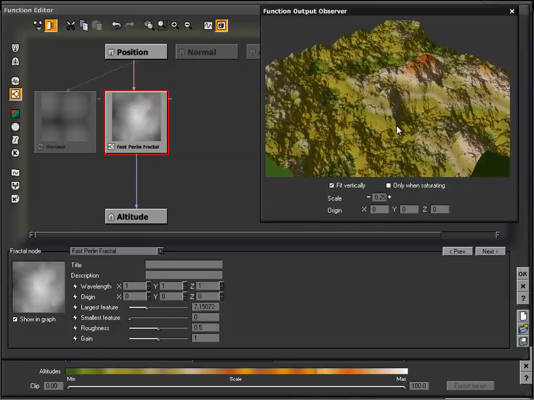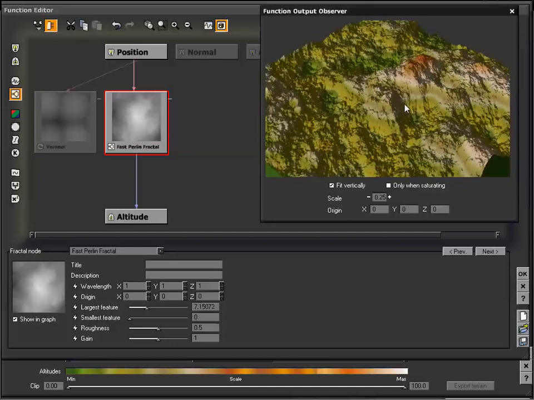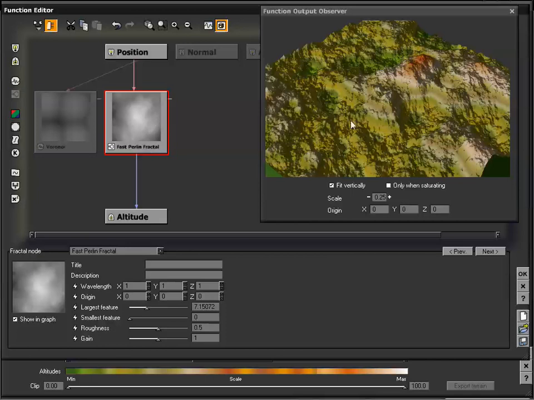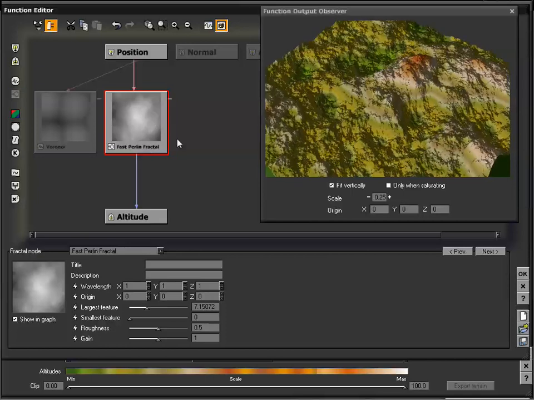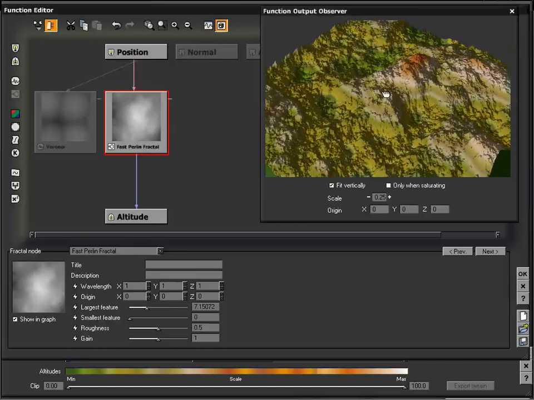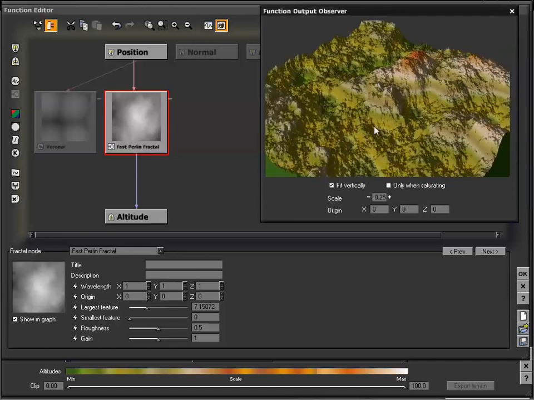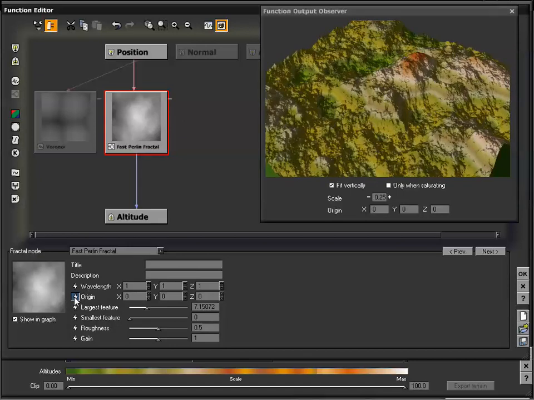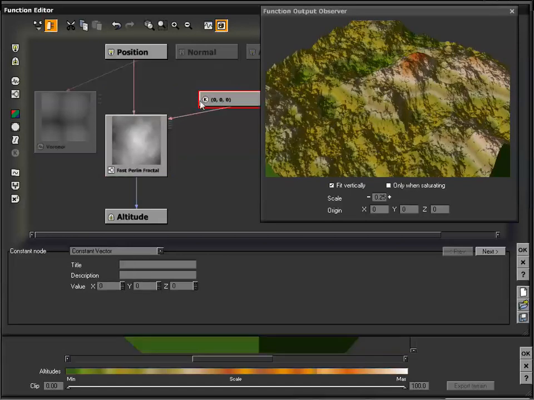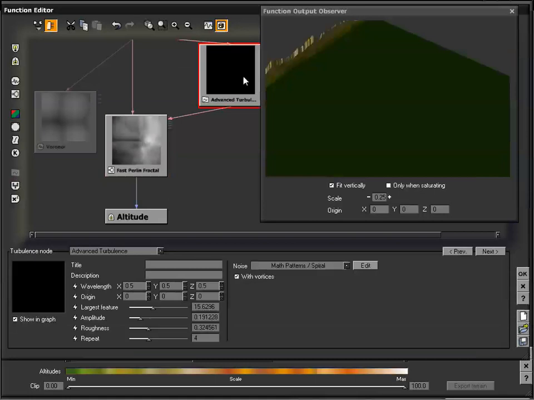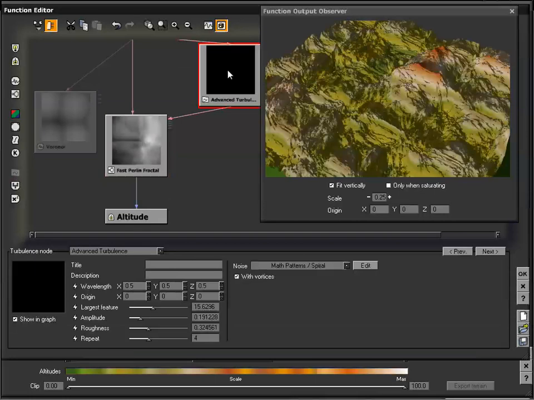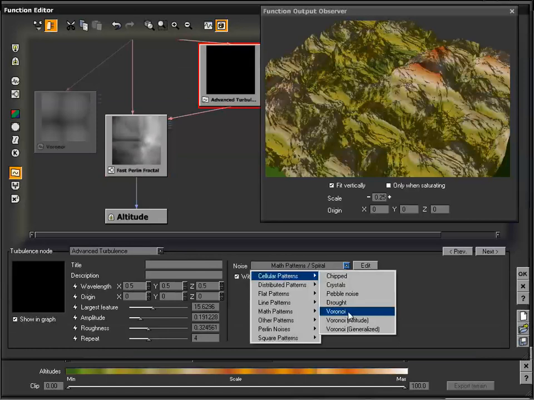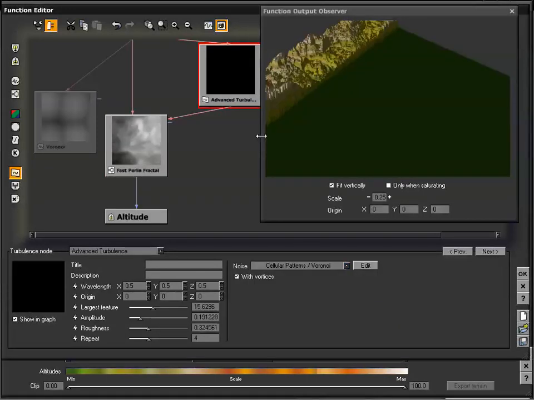Or once we get into the combiners, you can see how we can also combine these with our other nodes. So let's just go ahead really quick and make a modification to this so we can see that we can really expand upon these fast Perlin fractals, and they're not extremely limiting. I'm going to extract our origin, convert that to a turbulence node, and then I'm going to adjust this to Voronoi,